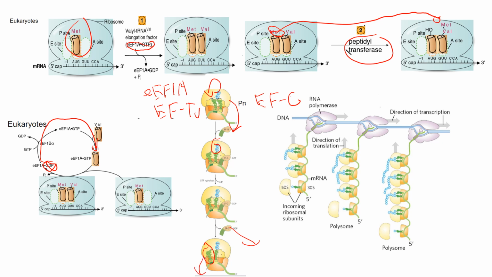So now we're kind of back to square one, just with instead of solely methionine in our P site, now we have a methionine valine chain. And then this will repeat until termination occurs. And also, instead of EFG in eukaryotes for this step, the factor is elongation factor 2, or eukaryotic elongation factor 2. There we go. And this will repeat until it needs to stop eventually, and that'll be the next step. That'll be